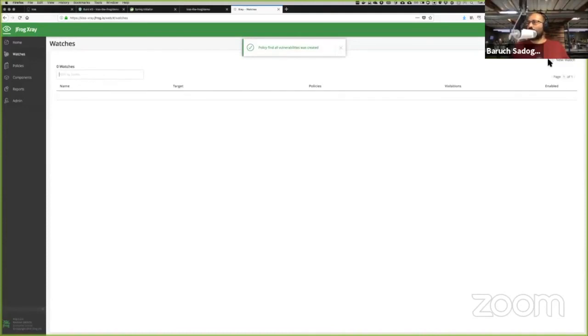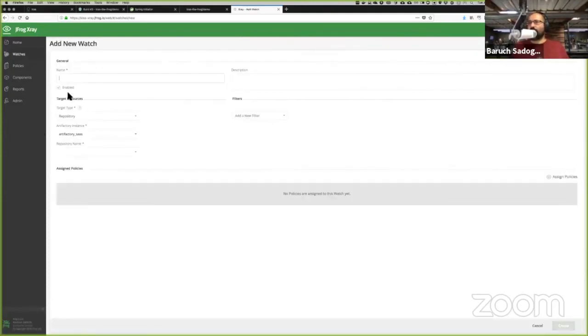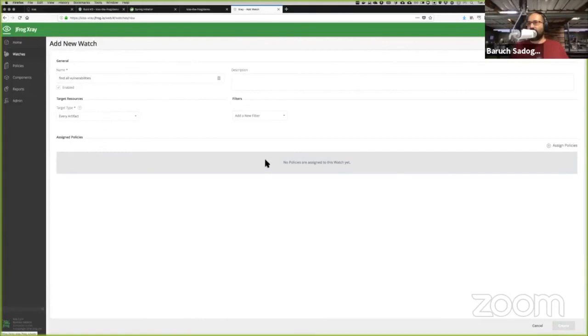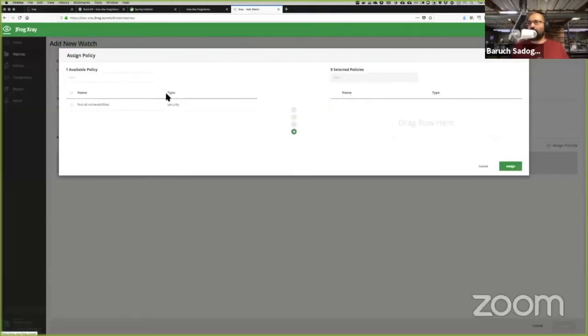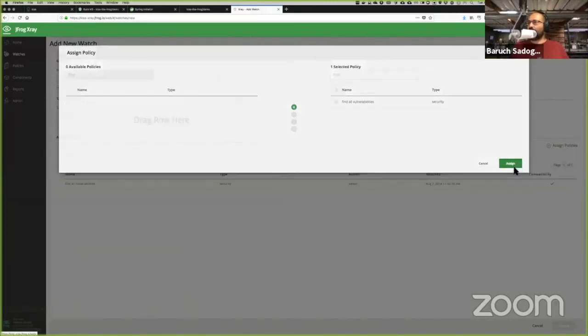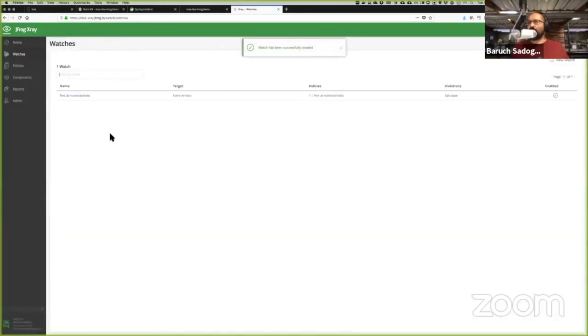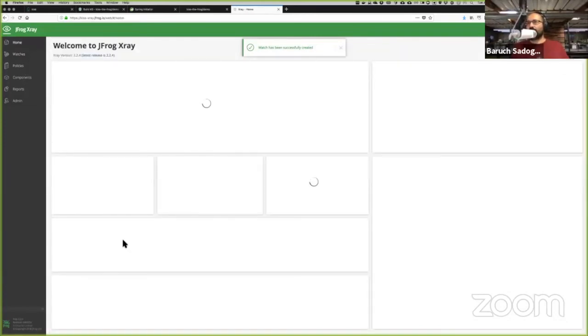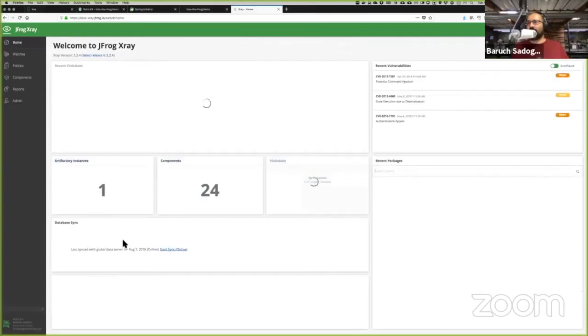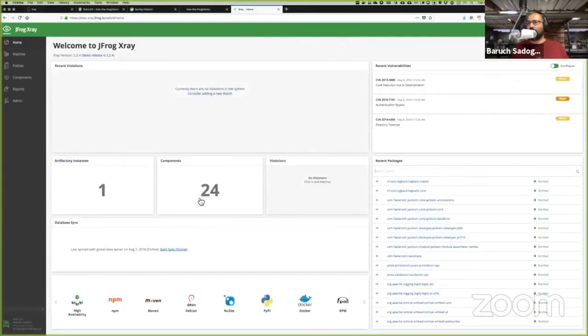Now I want to watch all the files. I'll call it again, find all vulnerabilities, and I want to watch every artifact that I have scanned, and I want to find any vulnerability that I have in this file. And now, if everything is working correctly, I can see our artifacts right here and check them for vulnerabilities. Oh, here we go,